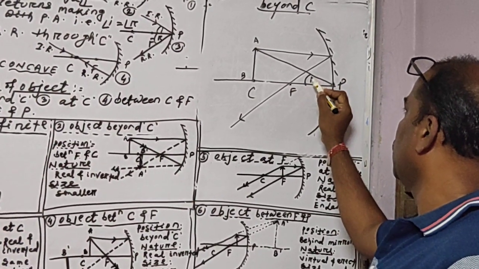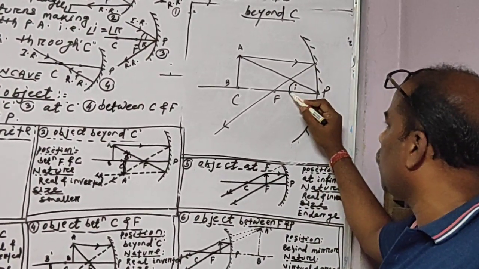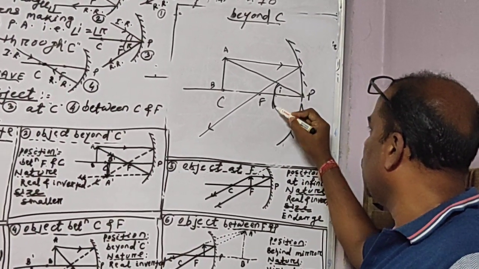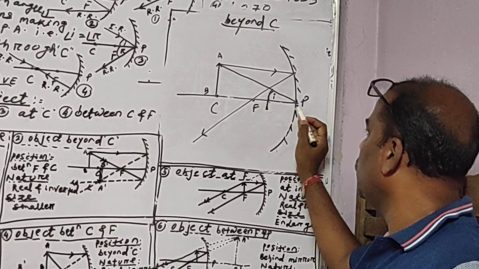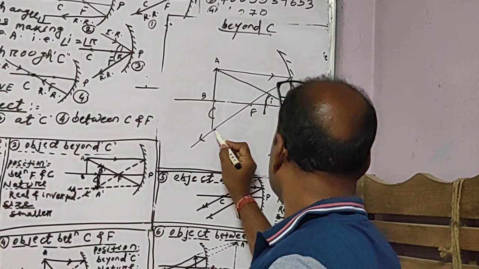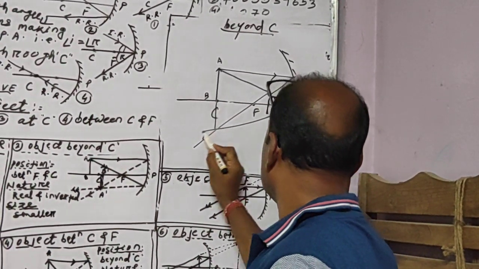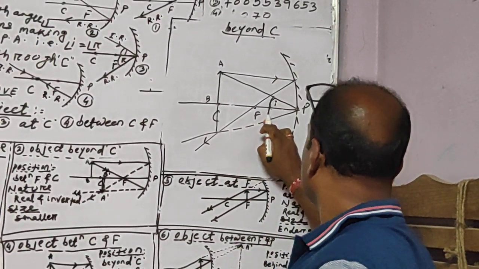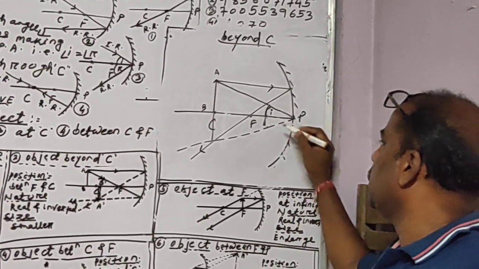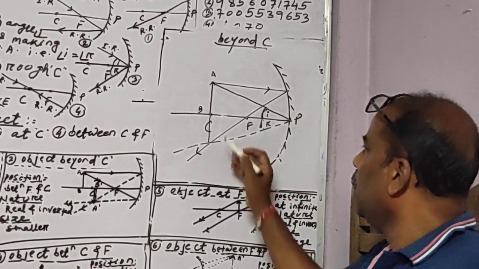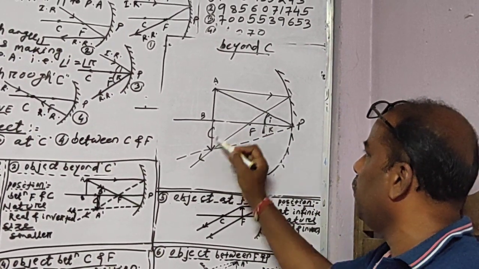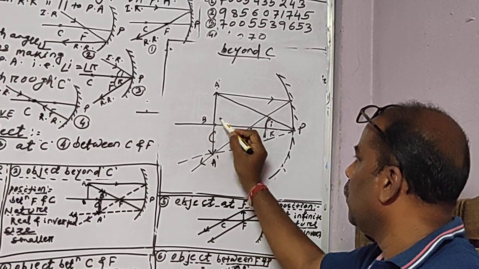Now this is angle I. Exactly the same angle we have to draw downside. This angle is similar like that. Then we have to draw back the line. The angle you can draw by shifting the angle from here to here. This is called the R. The exact same angle will come as it is coming. This point is coming here. We will put an arrow mark here. The arrow mark name is A dash. Now it will be B dash.